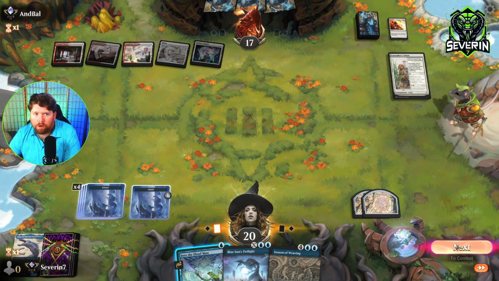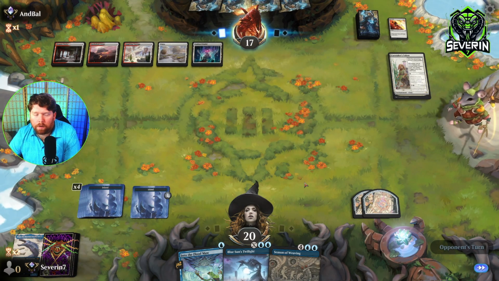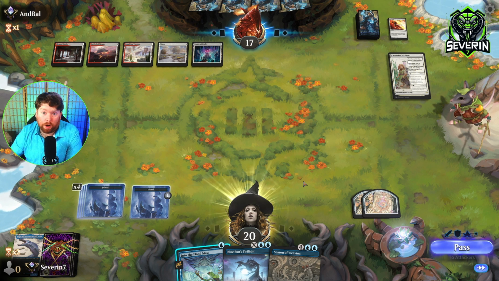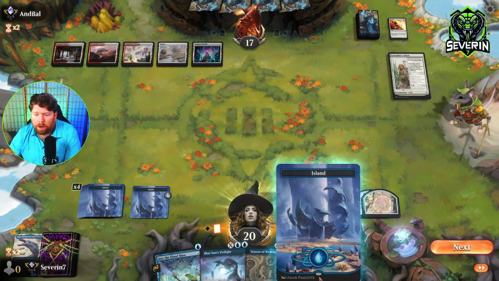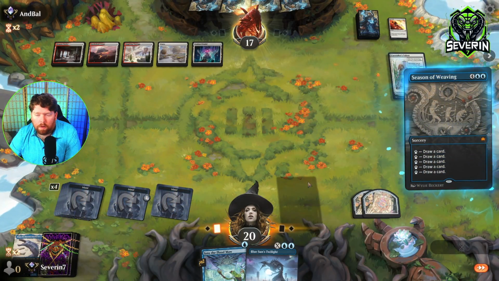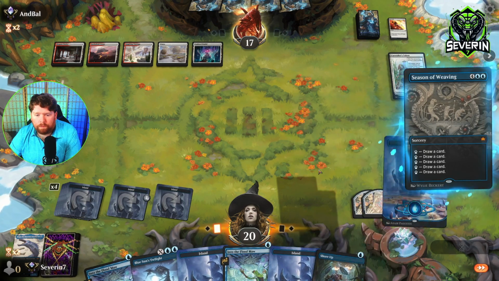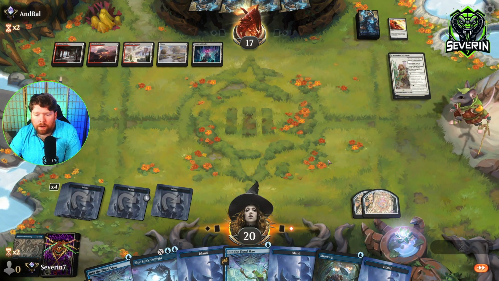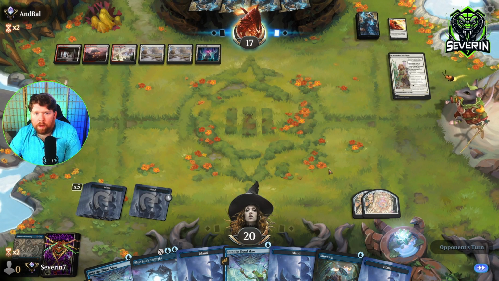Season of Weaving does let us draw cards. But we need another land. But it's also very, very good because it's like 5 cards, so. There we go. Alright, let's draw 5 cards. Not that exciting of cards, but we'll take it. That means every draw from here on out could be more exciting than...